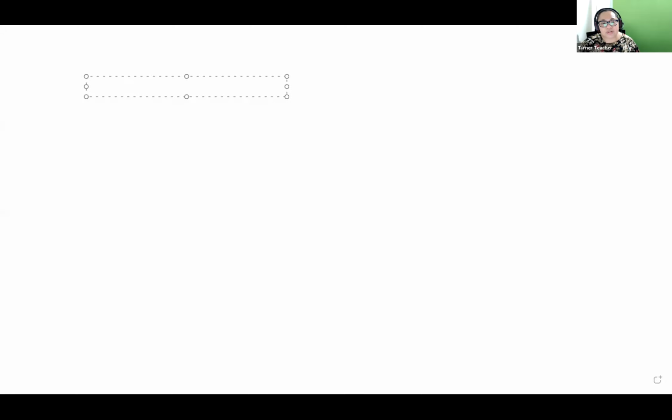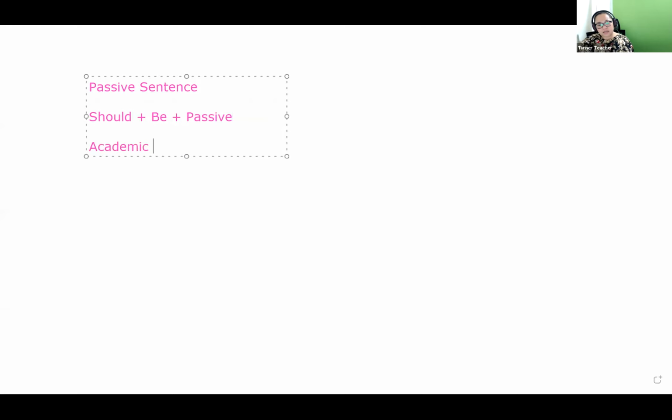Okay. All right. So what we're going to do is we're going to write a passive sentence. I want you to write a passive sentence using should plus be plus passive. An academic sentence. For example, the